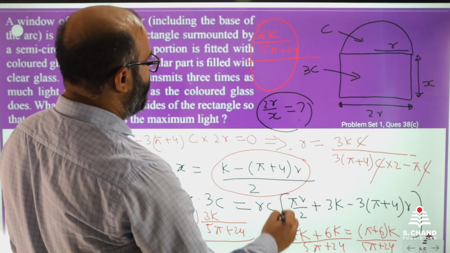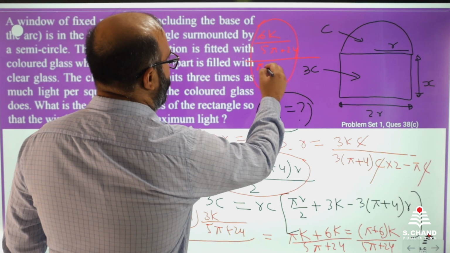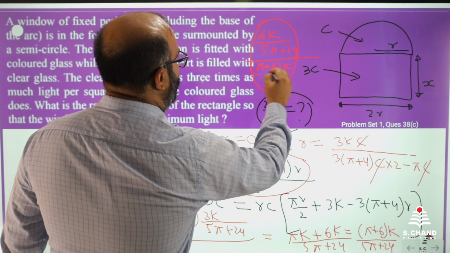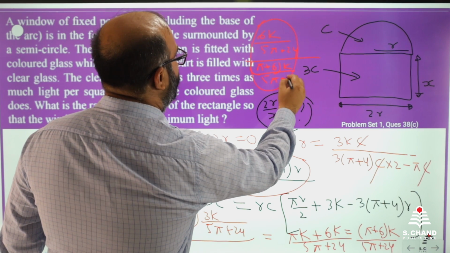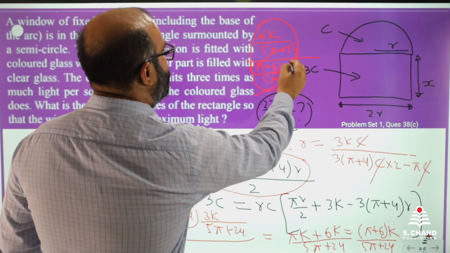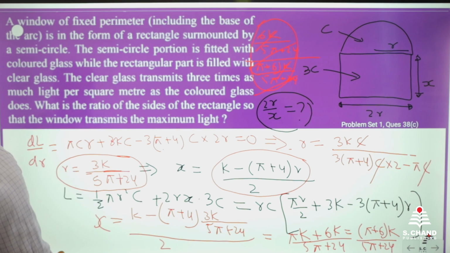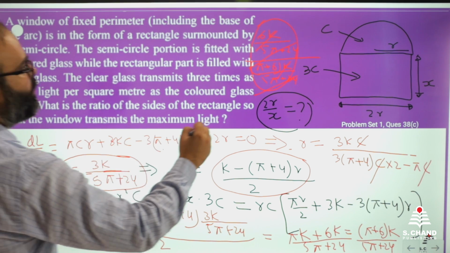So you get pi plus 6k by 5 pi plus 24. Now this 5 pi plus 24 will cancel, k will cancel, and you are getting 6 by pi plus 6. So the final answer will be,